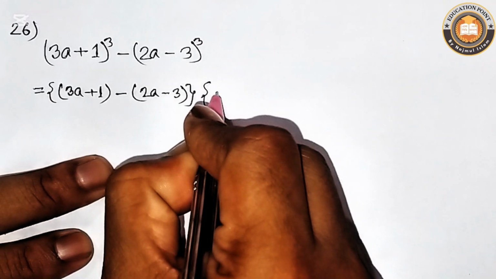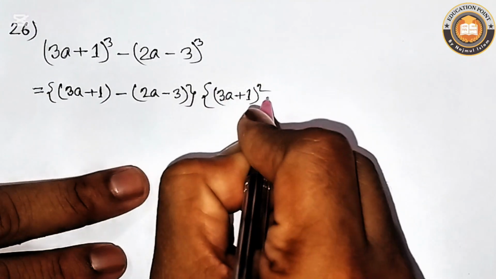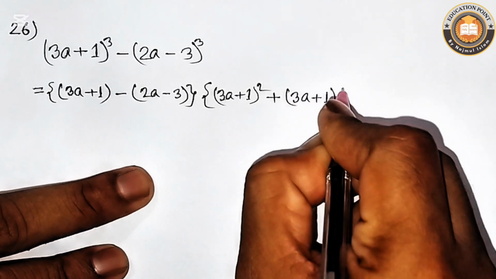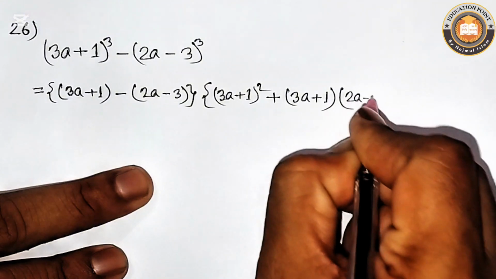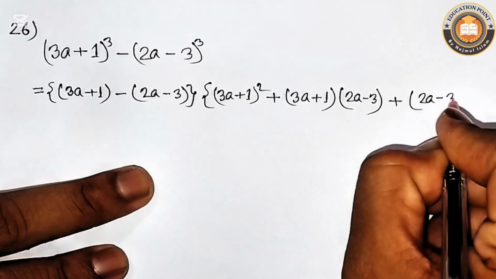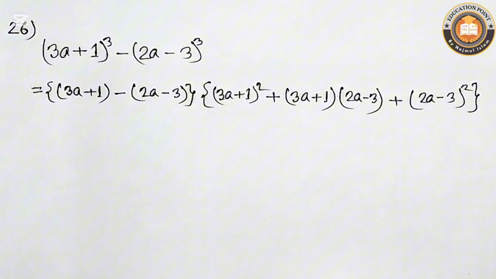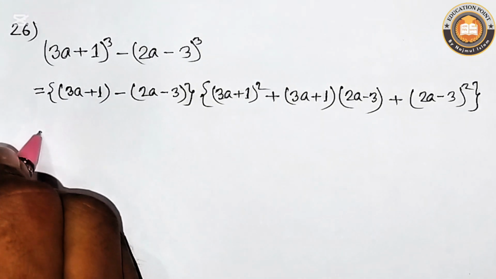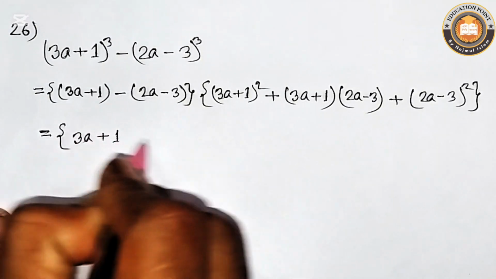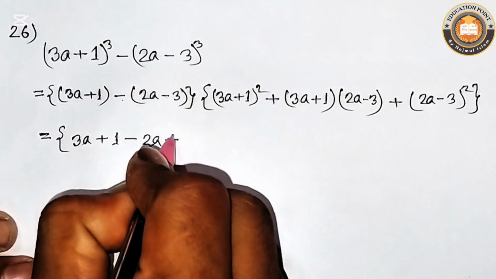a square, that means (3a plus 1) whole square, plus a into b, that means (3a plus 1) into (2a minus 3), plus b square, that means (2a minus 3) whole square. (3a plus 1 minus 2a, minus times minus equals plus, 3)